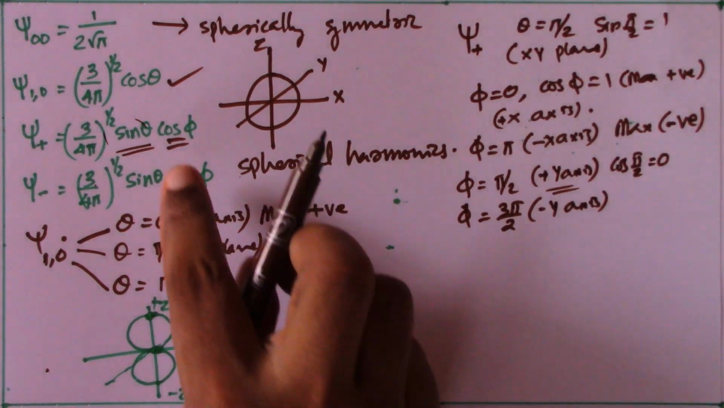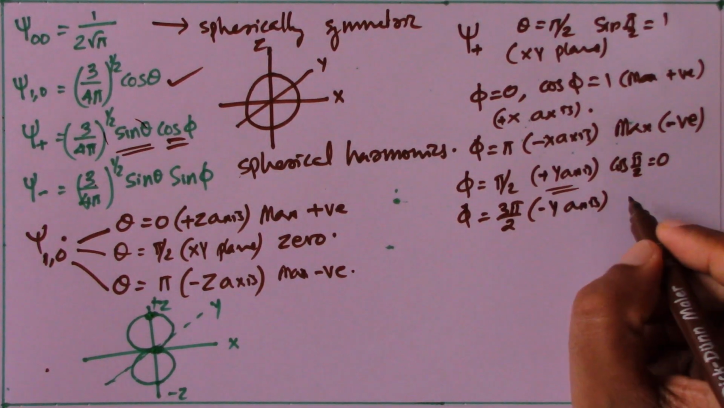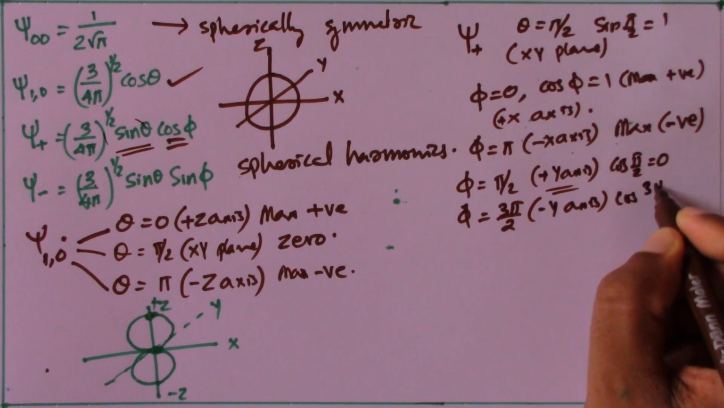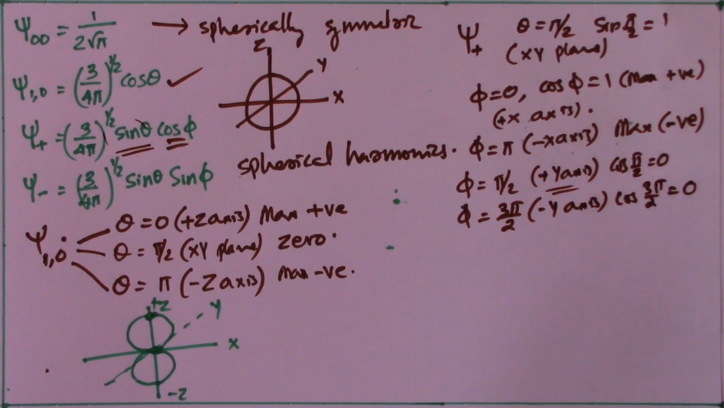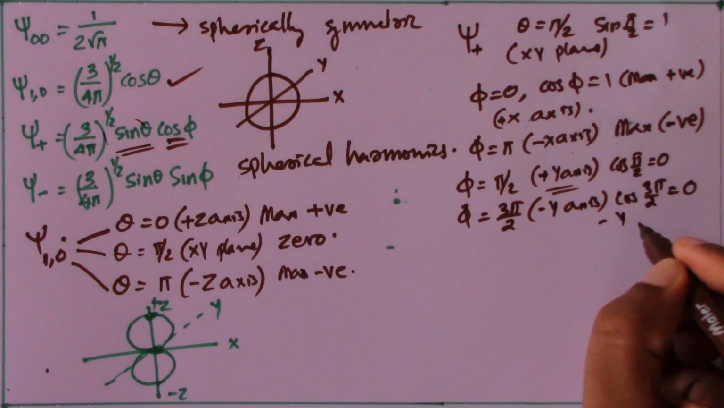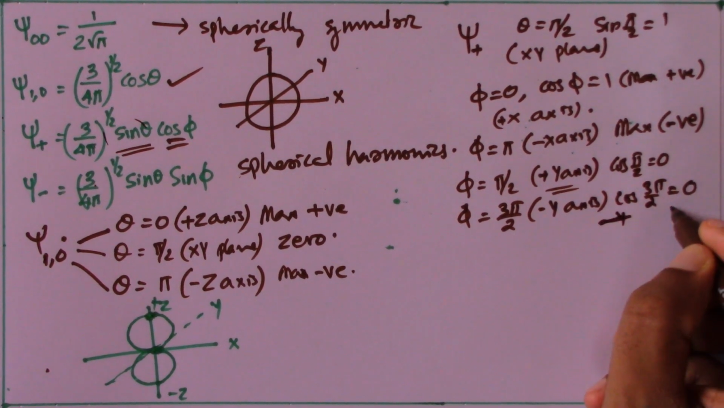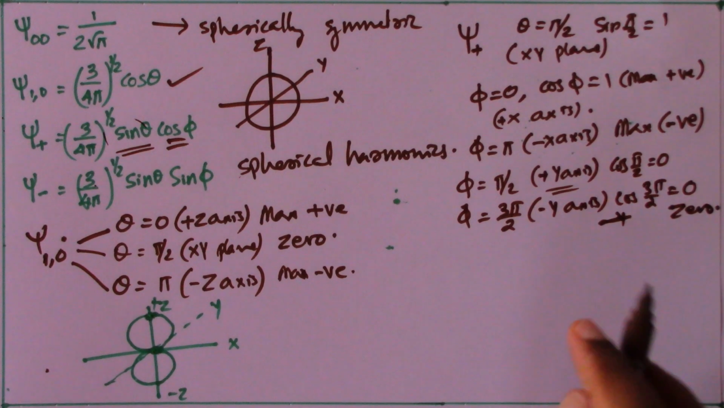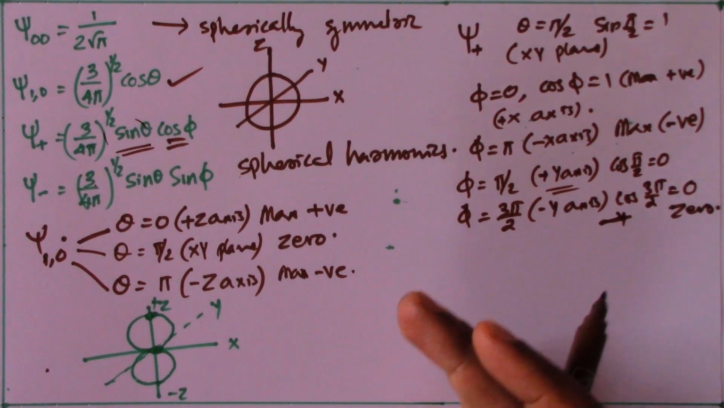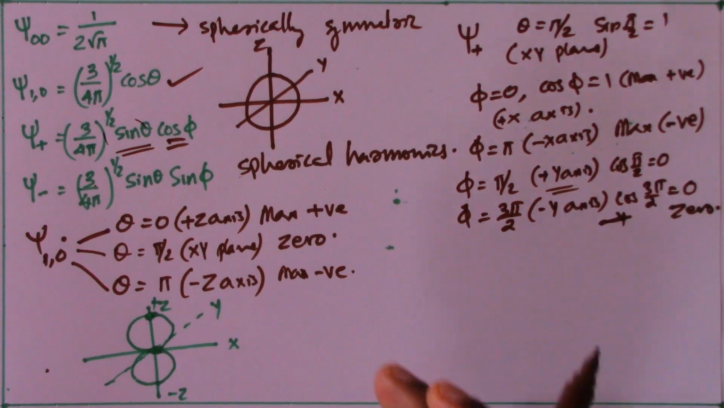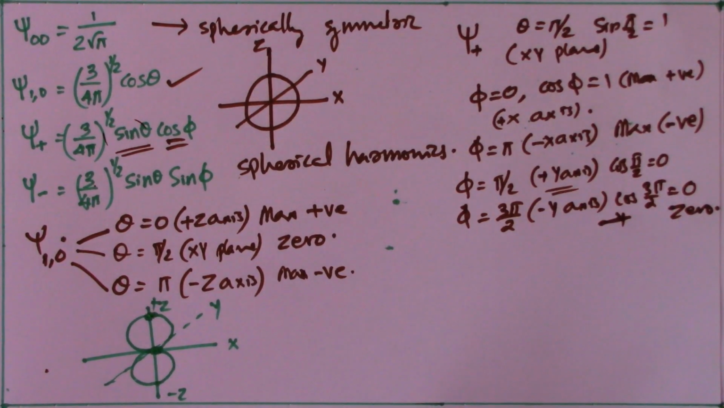And cos 3 pi by 2 is equal to 0. It means that in the minus y-axis also, the function becomes 0. So what we have seen so far, the function is having the maximum value in the xy plane from the theta consideration,